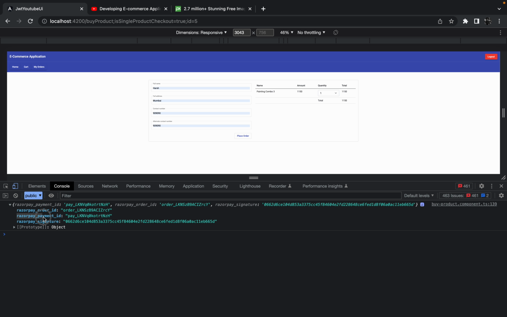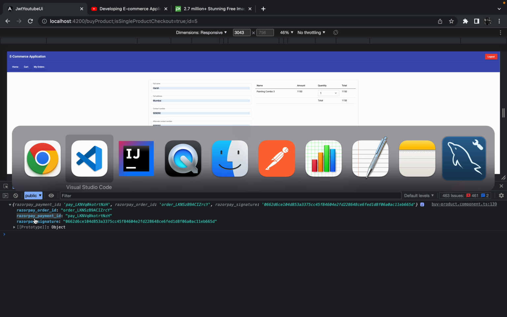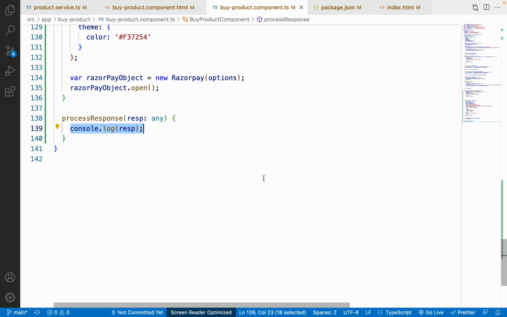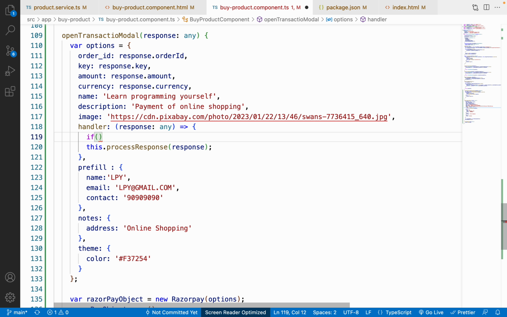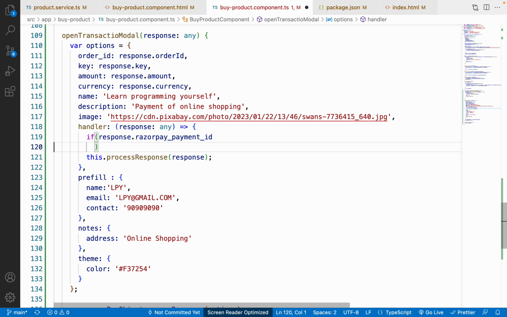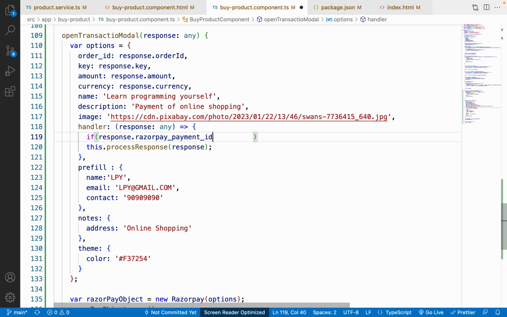What we have to do is copy this key. Let me copy this razorpay_payment_id and come back to VS Code. Over here, what I'm going to do is check if response.razorpay_payment_id